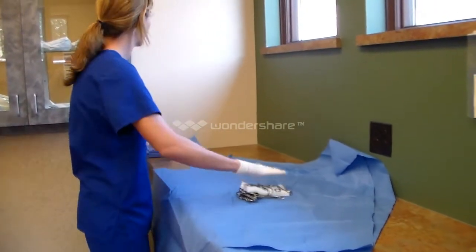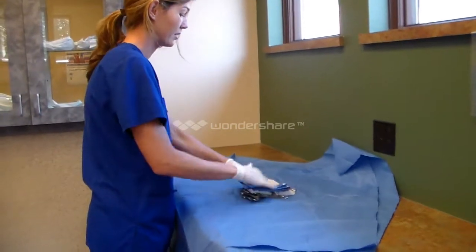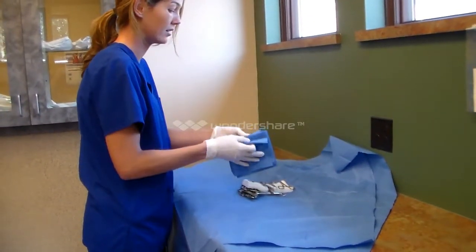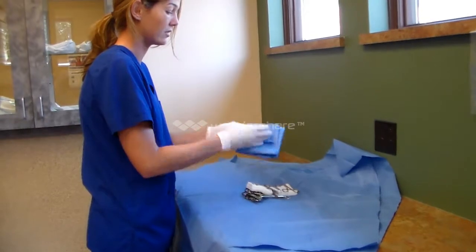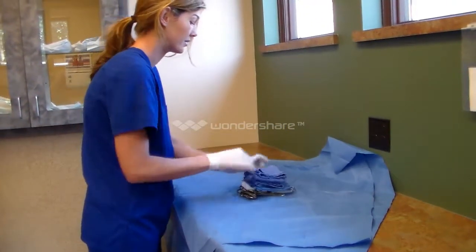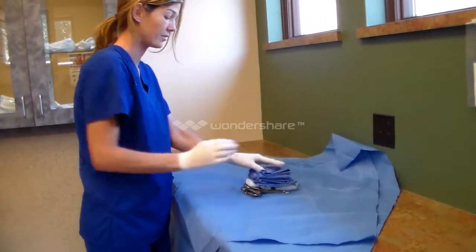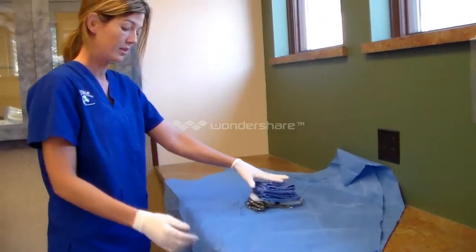And our towel clamps. We have our paper drape that's folded accordion style. And it has a tab for the surgeon to grab. And then we're also placing a towel in here. And it's folded accordion style with a tab as well. So,